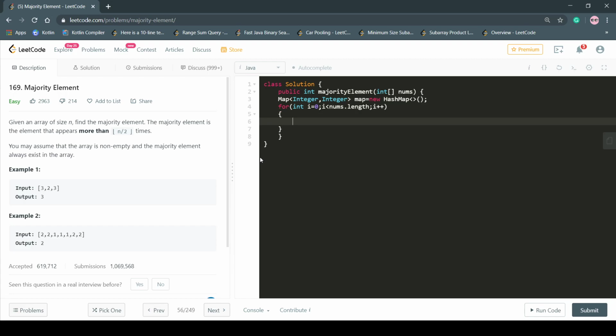And what we're gonna do here is that we would put the count of the element as we go along the given array. Here the element would act as a key and the count of the element would act as a value.